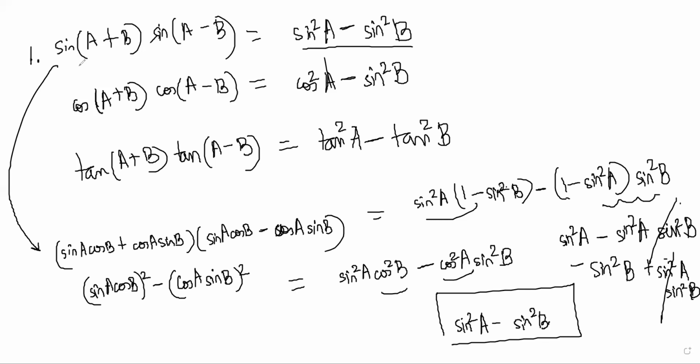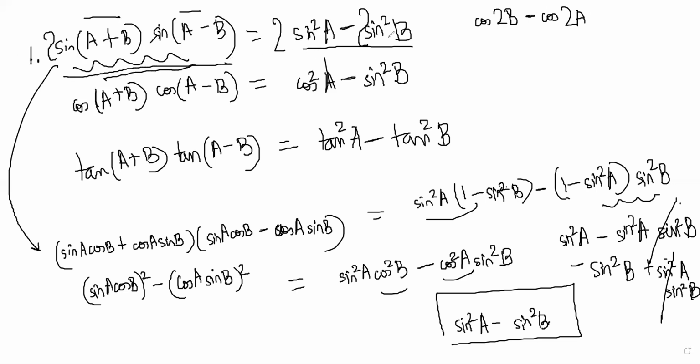Another way to do it would have been to do the same thing that we have been doing so far: multiply by 2 on both sides. You have to prove this right now. Yes, sir. And what is 2 sine A sine B? It is cos of A minus B minus cos of A plus B, right? Correct. Yes, sir. So cos of this minus this will be cos 2B, minus cos of this plus this, which will be 2A, right? Correct. Yes, sir.